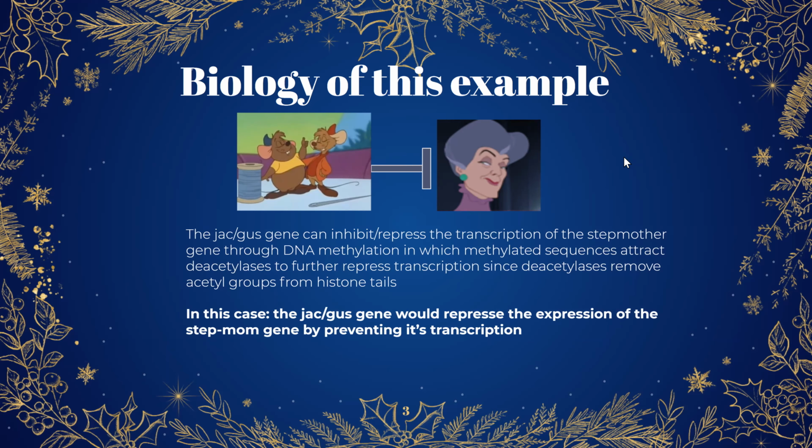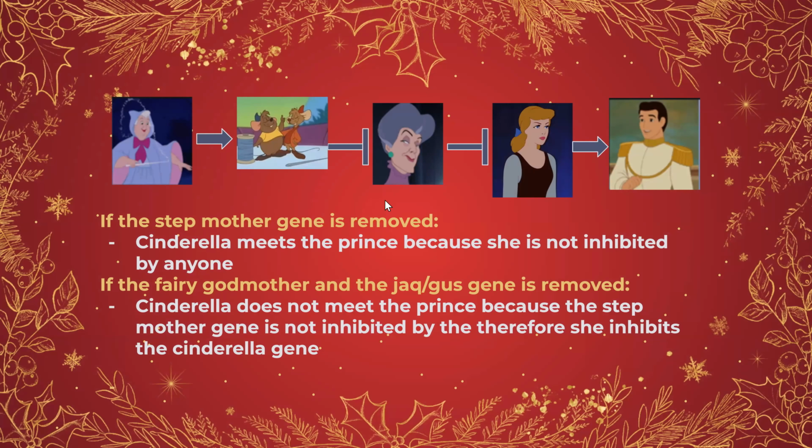its transcription. And so if we had a mutation in which the stepmother gene is removed, then what would happen is that we could take her out of this pathway and we would no longer have this inhibition of the Cinderella gene. And so Cinderella would end up with her Prince Charming no matter what. And so while we still have these genes present, their actions are not necessary because we have removed the inhibition from this stepmother. But if we had a double mutation in which the fairy godmother and the Jack and Gus